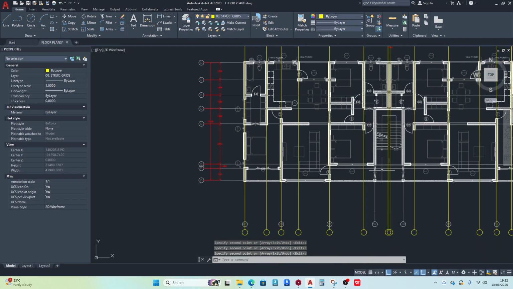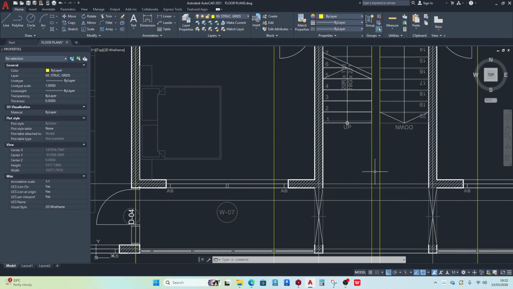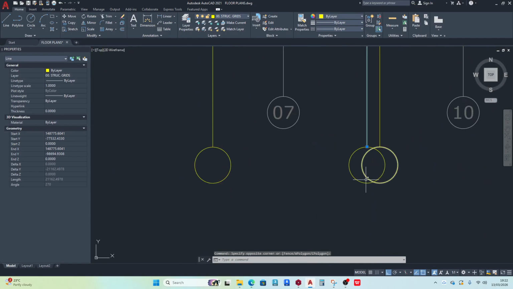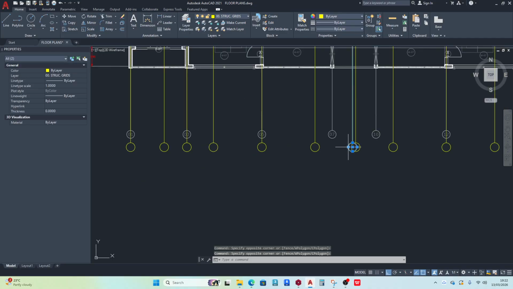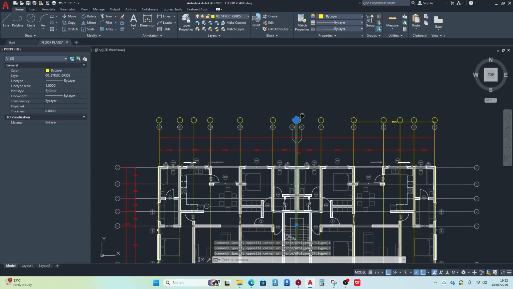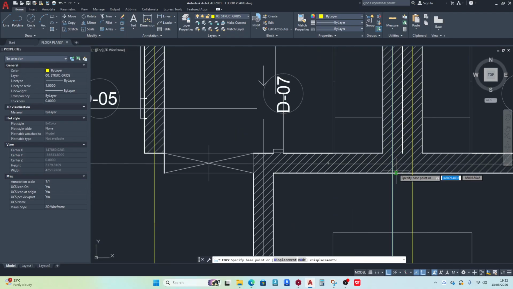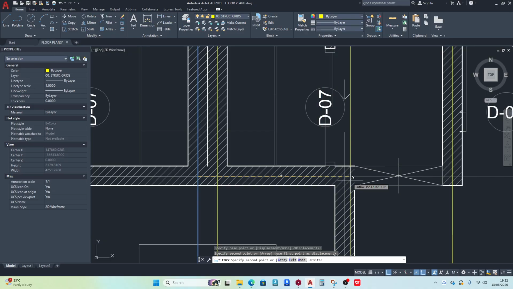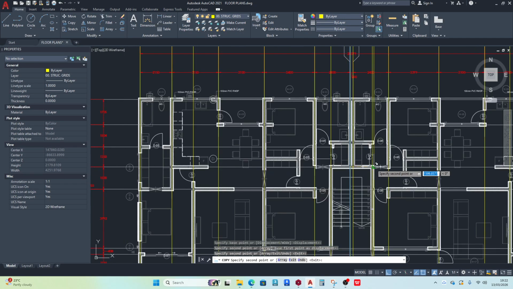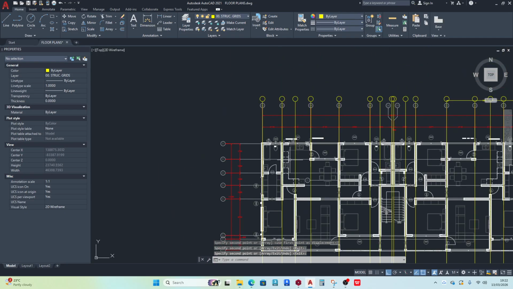But then don't forget we need some for our staircase. So pick that also, pick that, copy it from here, place it over there, place it over here also. Okay,